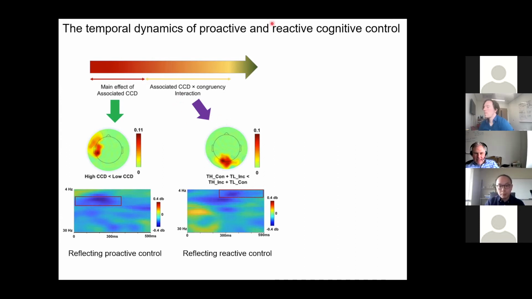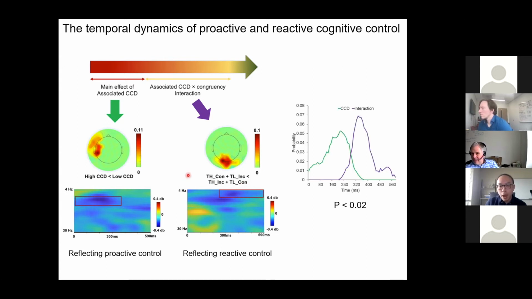Just saying that this peaks at 200 milliseconds and this peaks at 350 milliseconds may not be enough to establish the temporal order. So we actually extracted each of those two components and got their temporal distribution, that is, the proportion of channel frequency combinations at each time point. Then we did a bootstrapping non-parametric statistical analysis on those two distributions over the participants, and indeed show that this